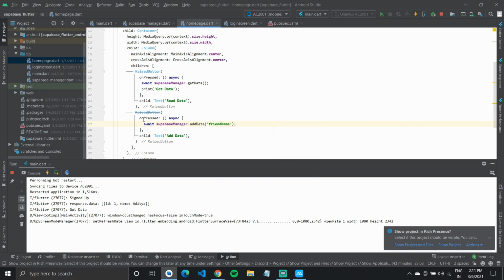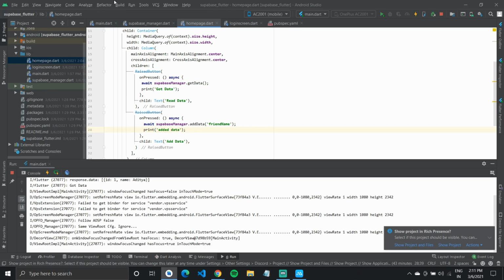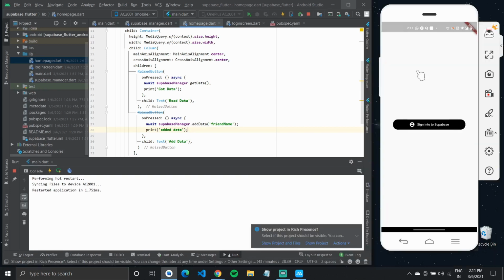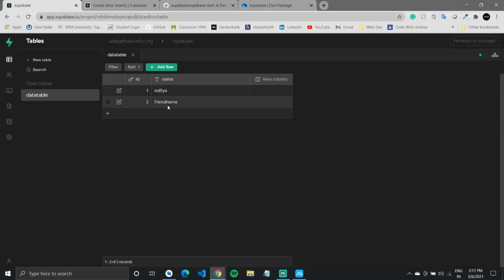So when I run this function, it will call that function and add friend name. So print added data, right? That should be simple. Let's try to run our application again. It will go back to sign in, quickly sign in, and when I click on add data, my terminal is showing added data. Let's go over to our Supabase and see. Oh, alright, so it has added the friend name.